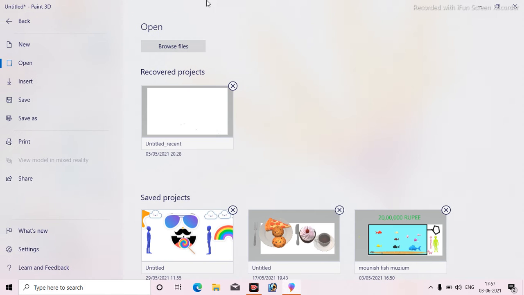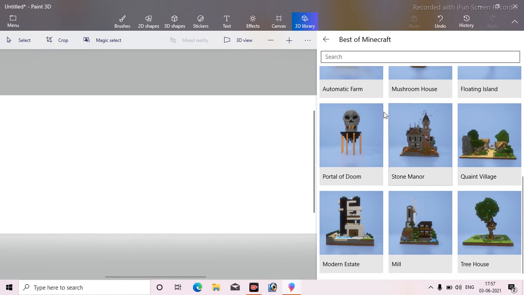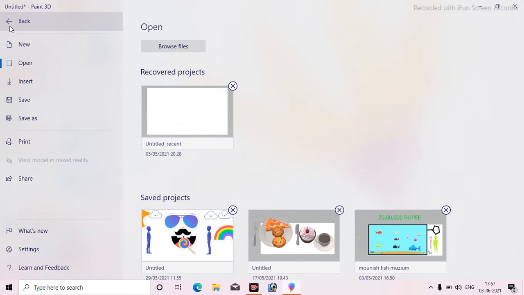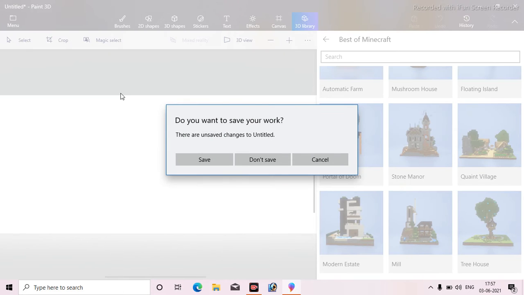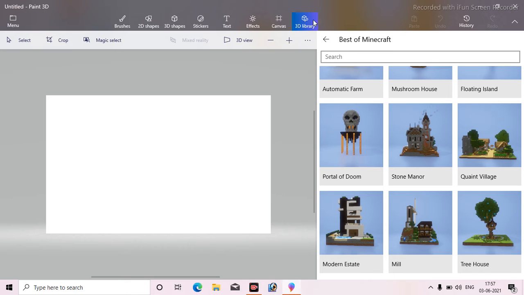And guys, if you want to get this 3D Library rarely every time, or you want it unlimited times, what do you have to do? First you want to get a 3D Library already. So click on 3D Library, go to the menu, then New. Don't save. I am not saving, but see, new paint. I have not saved it, but see, 3D Library is still coming. This is rare. You can get this as usual, but you want to get it once.